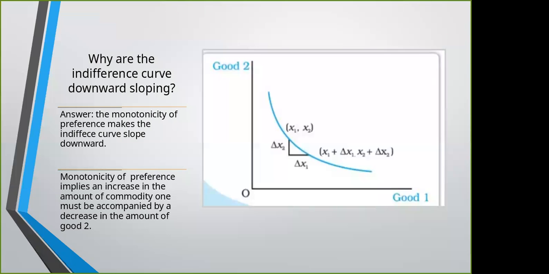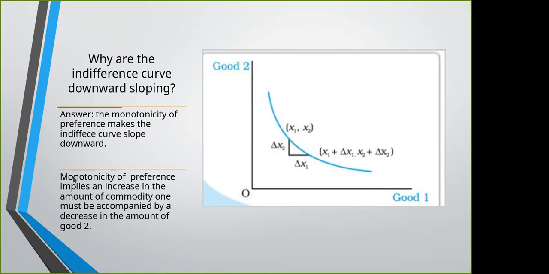Then this is the important question I was talking about. Why are indifference curves downward sloping? Straight away, if the question is asked, then your answer will be monotonicity of preference, or you can just write monotonic preference. Because of the monotonic preference, the indifference curves are downward sloping. As you can see, just look at the movement of my mouse cursor. Downward sloping may be a straight line downward curve as well. But why is it convex to the origin? That is a different question altogether. We will discuss it later. But for the time being, why is it downward sloping? It is because of the monotonicity of preference.